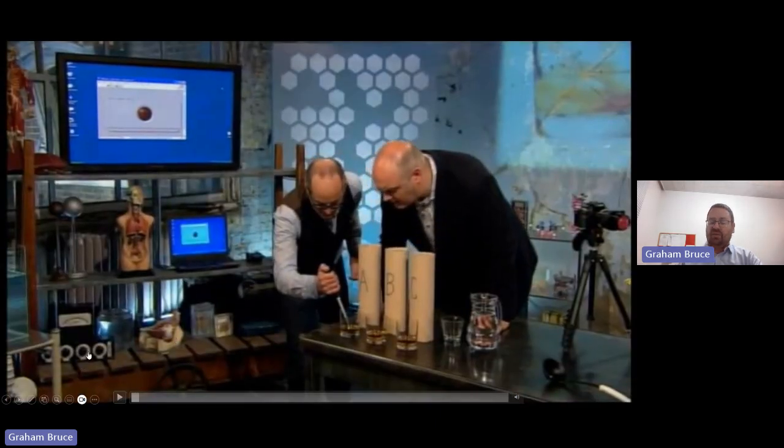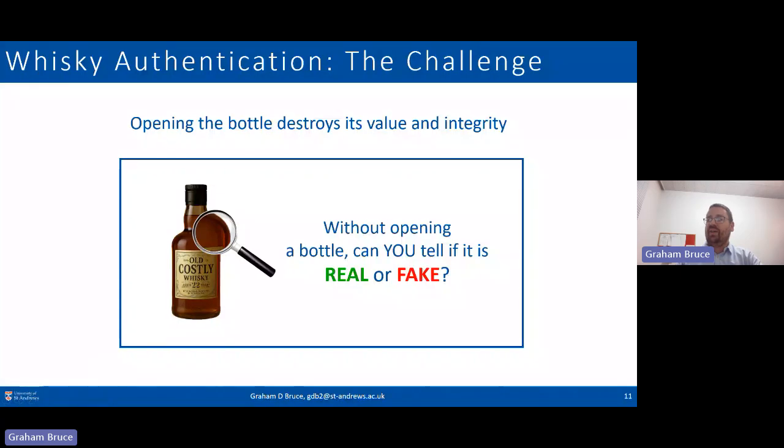Now, the big challenge that we face is not being able to take a sample of the whiskey and authenticate what it is, but in general, with a high-value product like an old bottle of whiskey, you don't actually want to open the bottle, because opening the bottle destroys the value and the integrity of the whiskey. So we have had this challenge for a number of years now that we've been trying to solve, which is, without opening the bottle, can we just shine light through the glass, and can we tell if it's real or